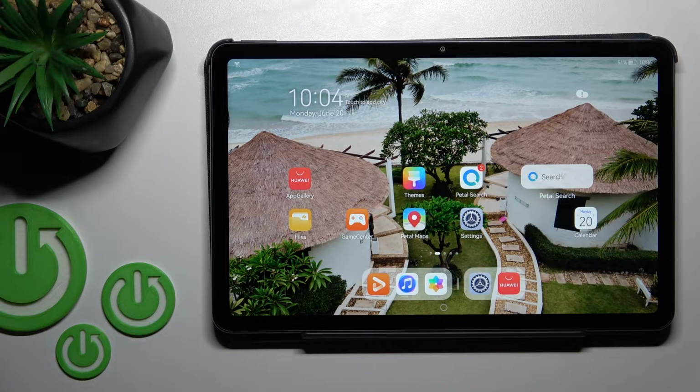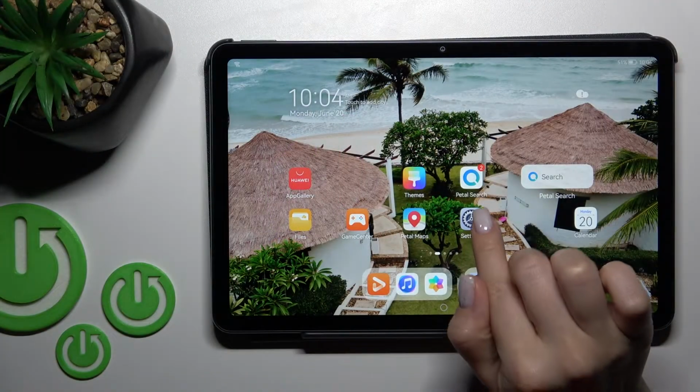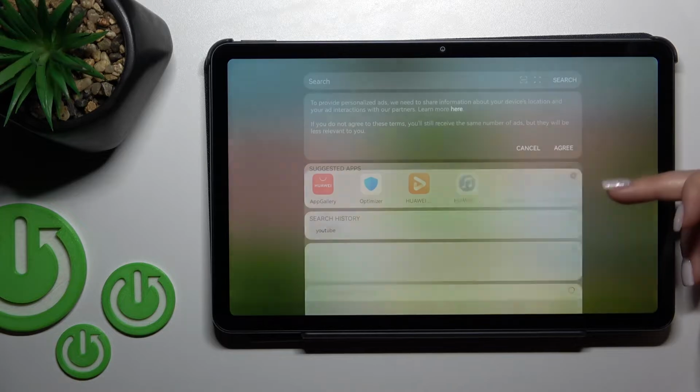Welcome, today in front of me is the HUAWEI MATEPAD 10.4 and I'll show you how to edit notification panel shortcuts on this device. So let's first open the notification panel, and after that